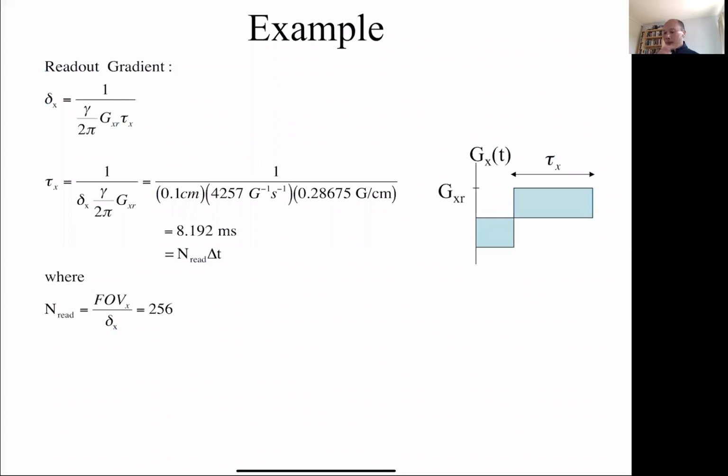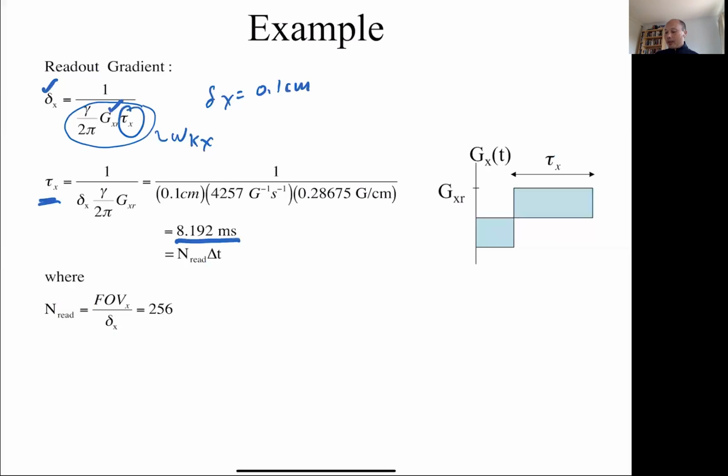So here's an example. I think this is just the example where we had delta x equals 0.1 centimeters. Okay, so we know that this is my WKX term here, right? I'm told delta x. I know what gxr is from my previous solution, so I'm going to solve for tau sub x, how long I want the gradient to be on. And it turns out that in this case, tau sub x, if I plug in everything, equals 8.192 milliseconds,